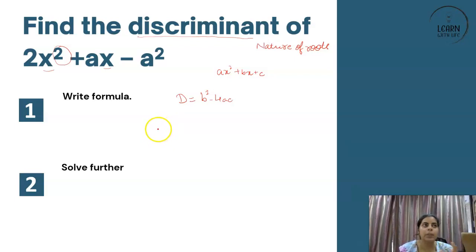or choose the correct answer. But when it is a subjective question, then what to do? Step one is never to miss a formula. Formula in maths, not only with respect to your discriminant or quadratic equation, even in your junior classes, you might